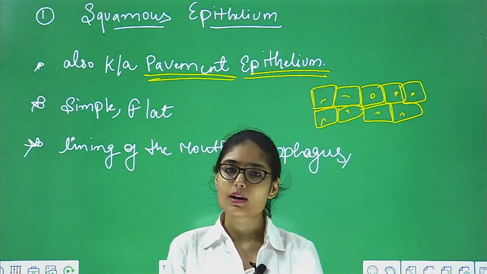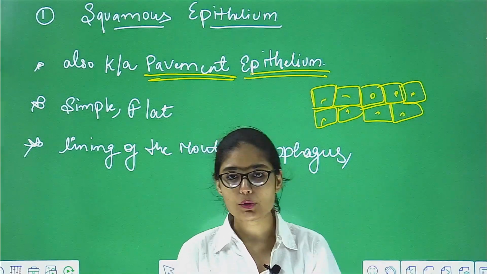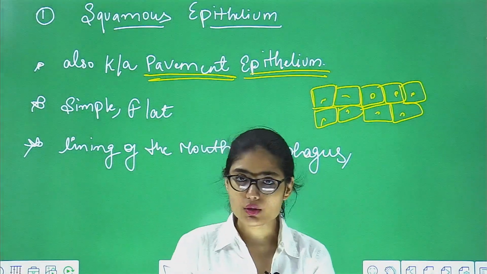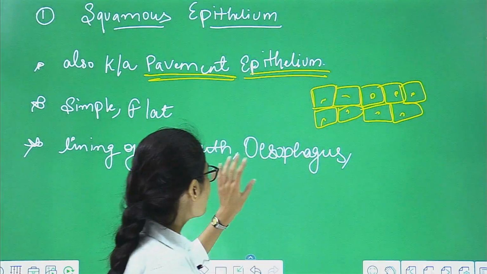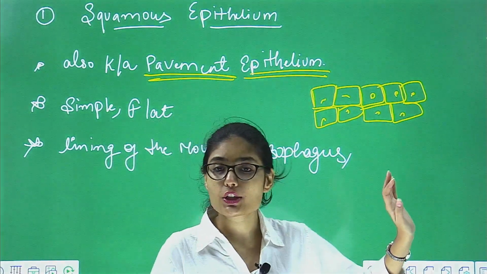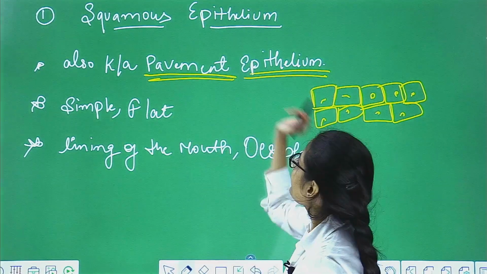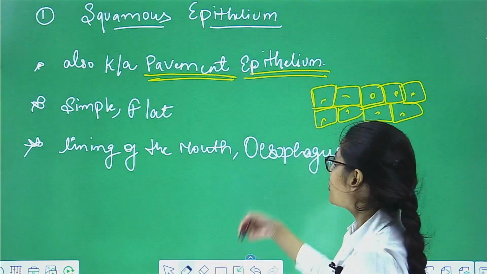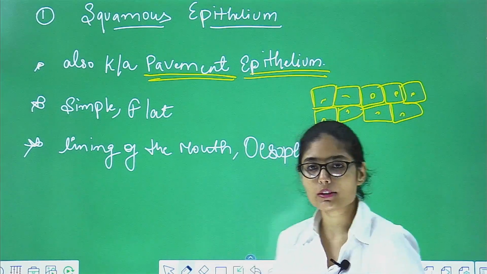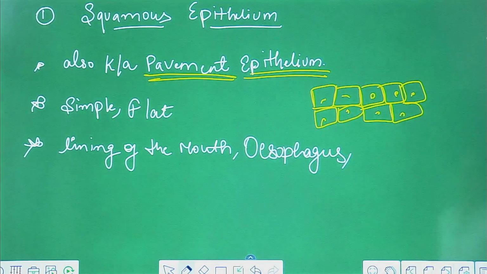When we study digestion, we will see about the esophagus. So just remember that the tissue type of the esophagus is squamous. Okay, squamous epithelium tissue, or you can say pavement epithelium tissue. Yes, lining of the mouth, esophagus, and lining of the skin,